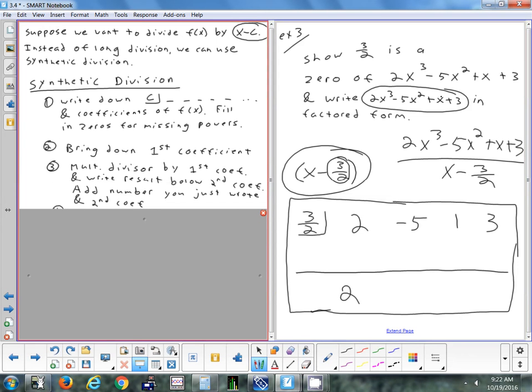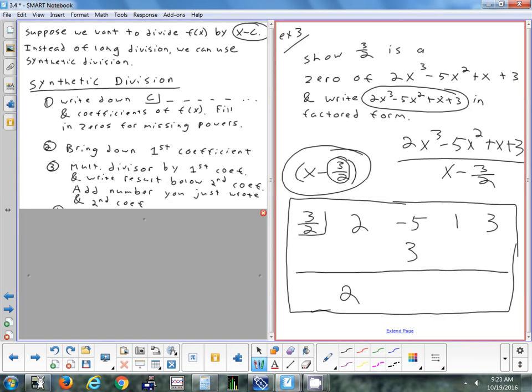Next step. You're going to multiply the 3 halves times the coefficient we just brought down, and we're going to write the answer in the second column. So we're going to do 3 halves times 2 and put the answer under the -5. What's 3 halves times 2? Yep, 3. So I just multiplied my divisor by the coefficient I brought down, and I put the result in